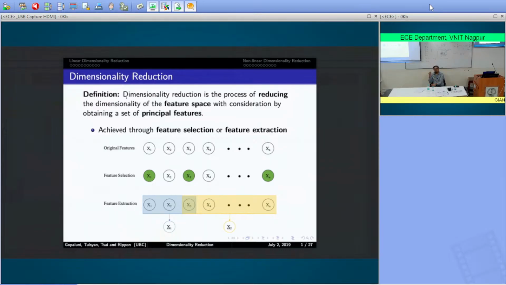Okay, and sometimes you want to visualize your data in lower dimensions. If I have 10 dimensions, it's difficult to visualize it, right? If I can plot the same information in 2 dimensions, then it's much easier to visualize it, right? So one example where dimensionality reduction is used, it's a very commonly used example, is